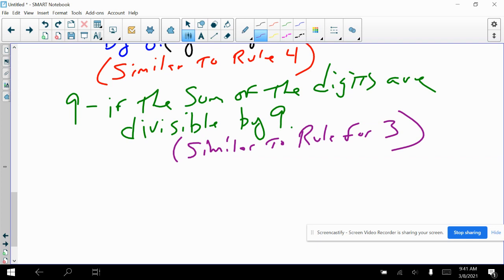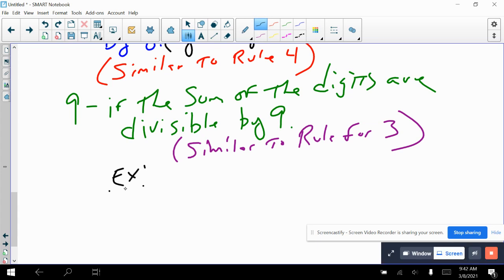Instead of dividing by 3, you're dividing by 9, adding the sum of the digits. So, for example, what if we had